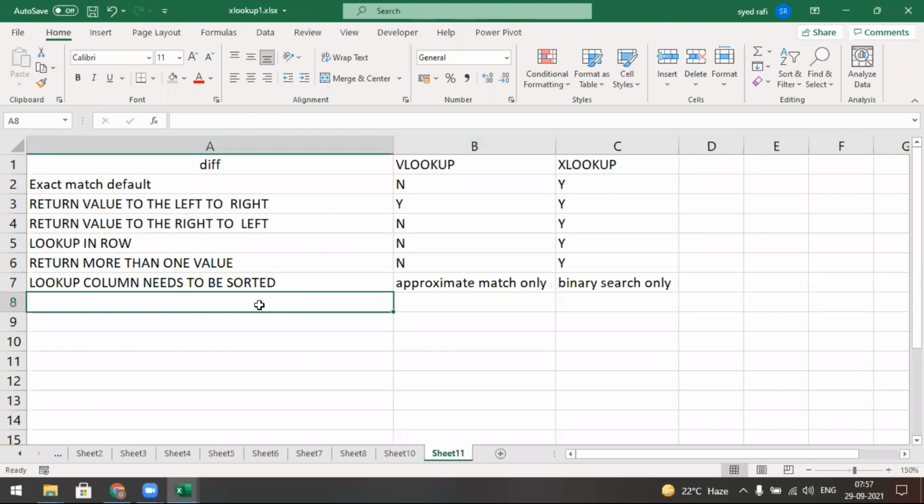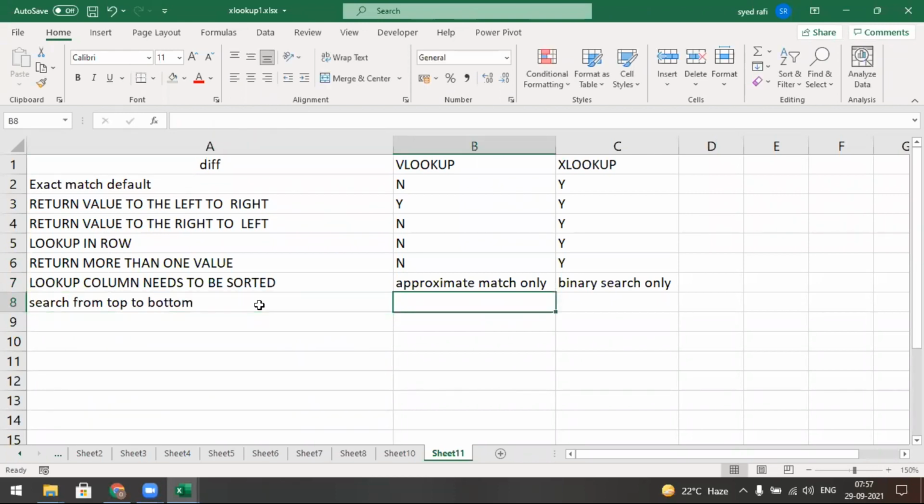Next, search from top to bottom. Is it possible here?